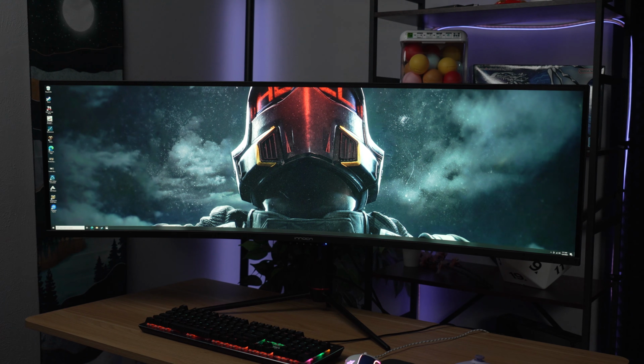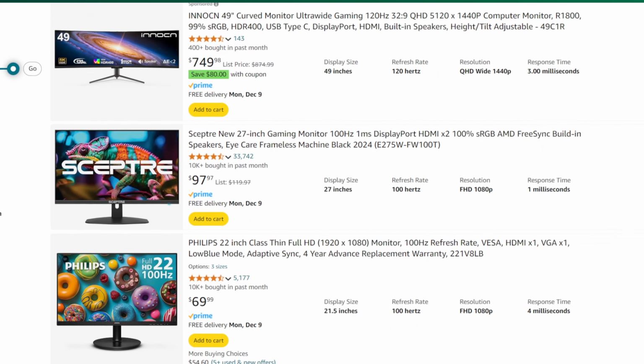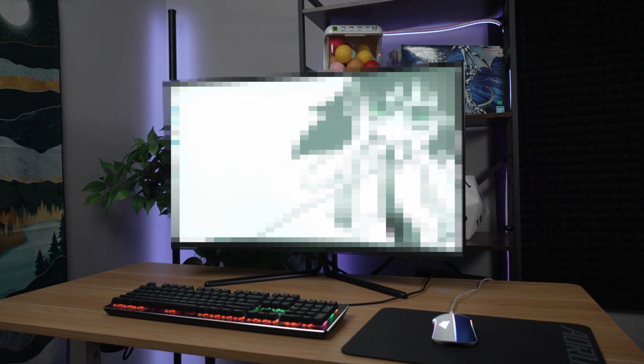How big is too big? How long is too long? I've got all the most popular sizes here today to test and help you decide which size monitor is right